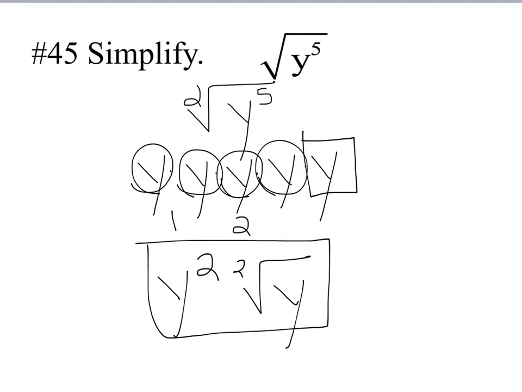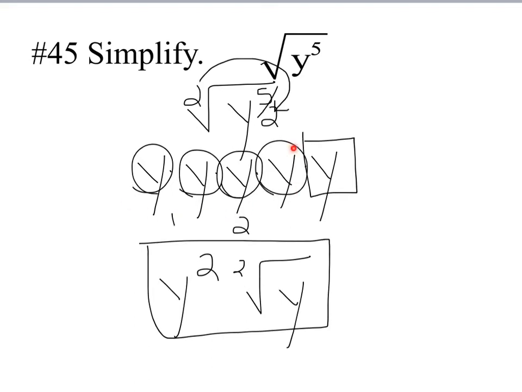Okay, now that's one way. Another way you can do it, and this is how a lot of people see it. Remember that we can bring this index back here and put it underneath the 5. So if you can see in your head that 5 divided by 2 is 2, and then you have one more y left over,